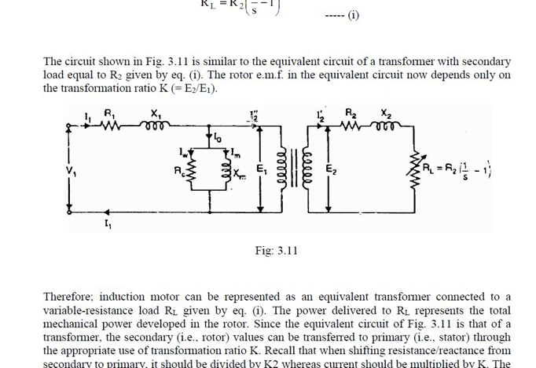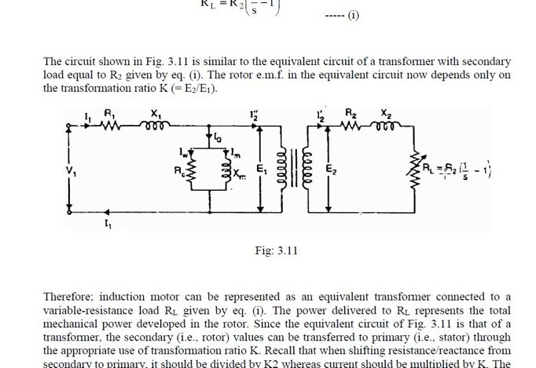Now this I2 double dash is the rotor current reflected at the stator. At the stator winding, the self-induced EMF E1 is there. Now this stator winding is coupled with the rotor winding, and due to this E1, I2 dash current will flow in this rotor circuit. This is the rotor resistance, this is the rotor reactance, this is the load, this is the load resistance, and it is in variable form.